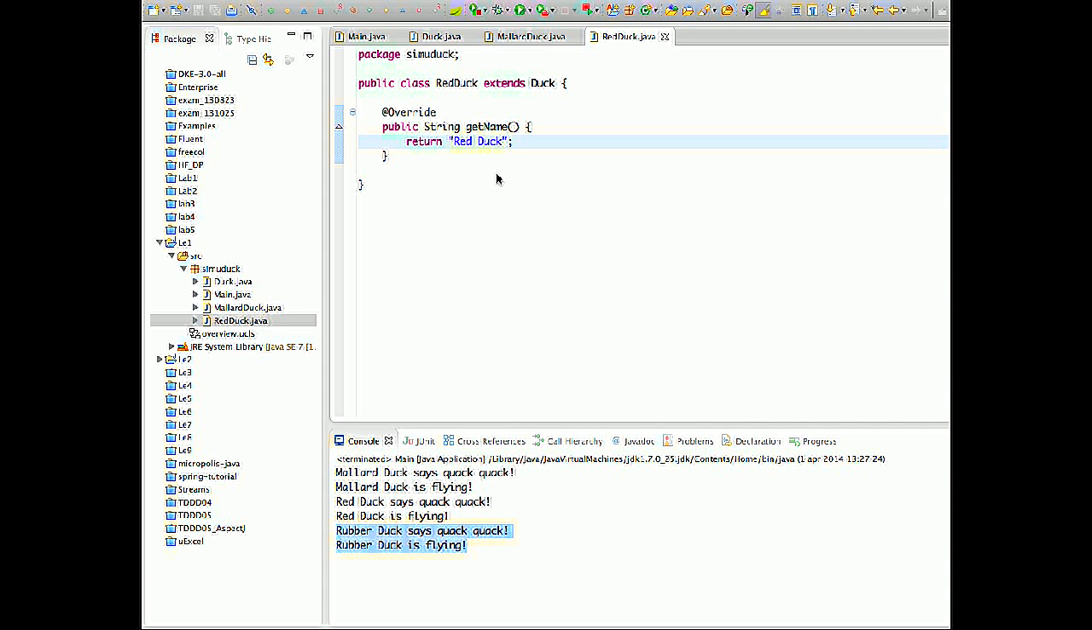Welcome to this lecture in design patterns, where we will give an example of the strategy design pattern. The scenario is a simple duck simulator, and our duck simulator